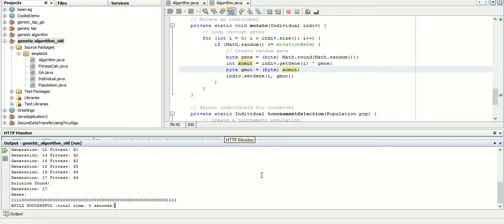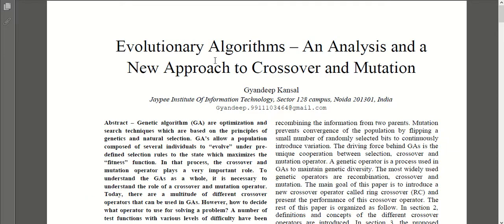Guys, this is Gandhi Pencil of JP Noida from India. Now here I am to discuss my major project, which is evolutionary algorithms and analysis and a new approach to